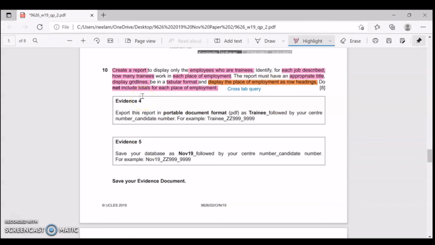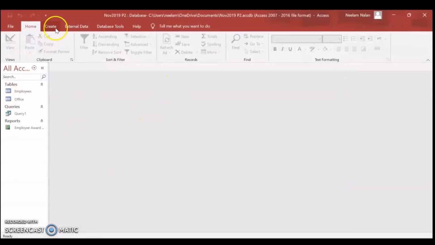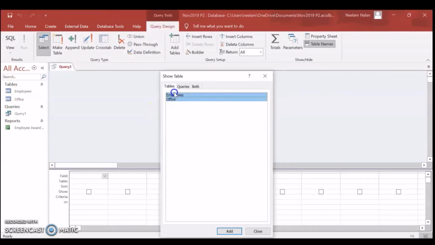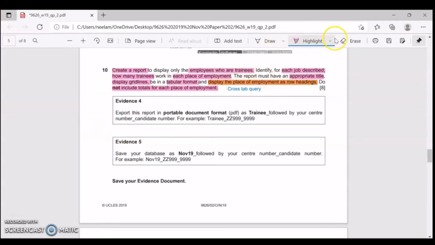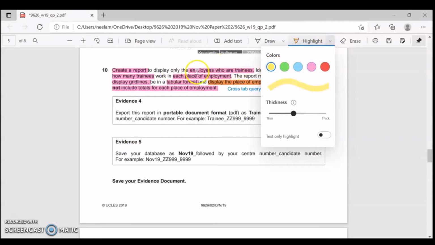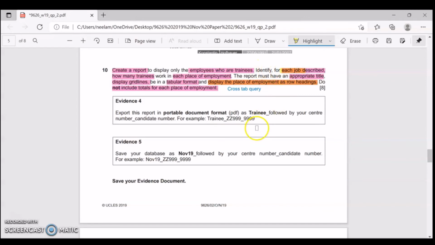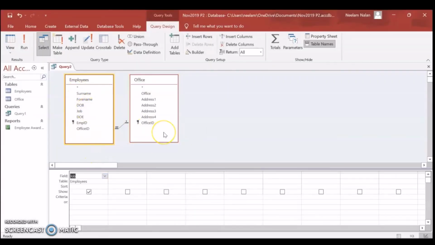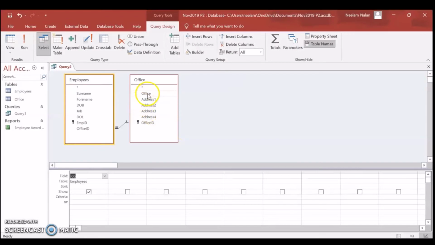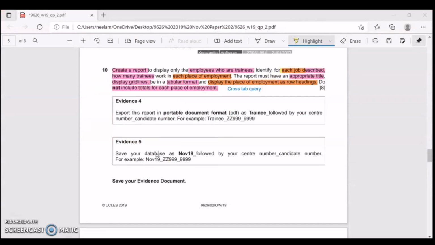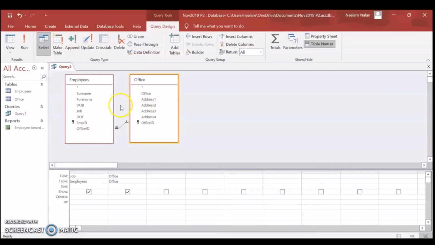So we'll again go for query design. Both the tables. We'll get the fields that are required for the report. So first we need the job. We need the place of employment, which is office. And third, we need the total.